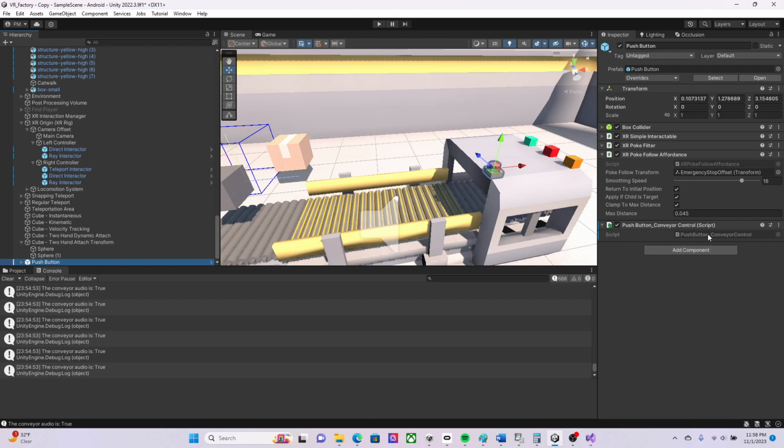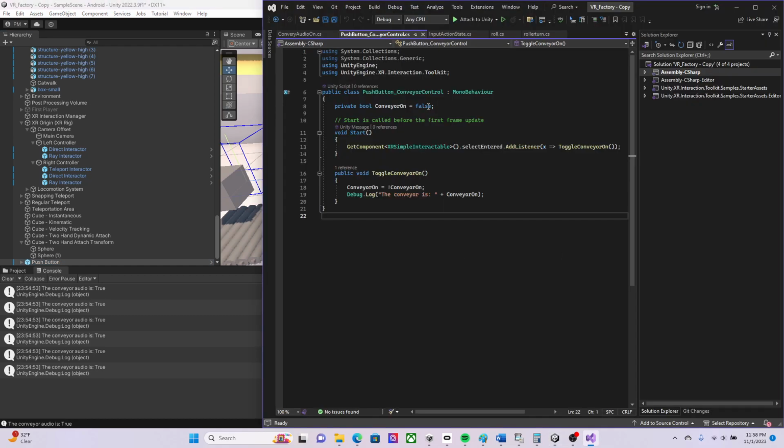And then once you've created that, double click in and you should get something that looks a bit like this. Now, yours won't be filled out yet. You'll be missing some different things in here that I have, but I'll go over really quickly the different components that you need to add to get this script up and running and doing something. All right, so at its base, the first thing we need to do is add in this using Unity